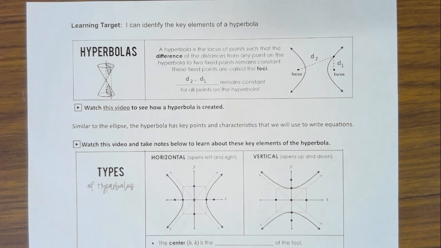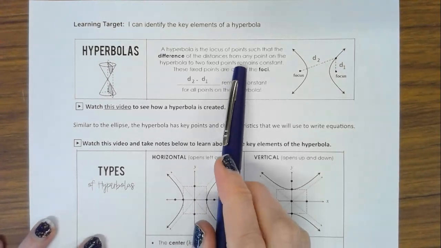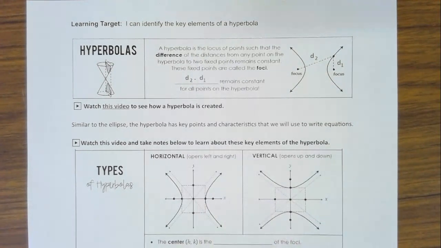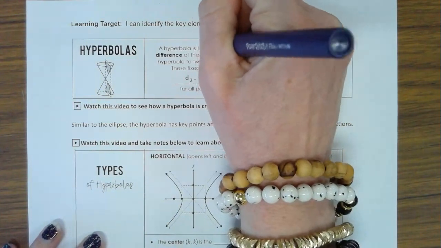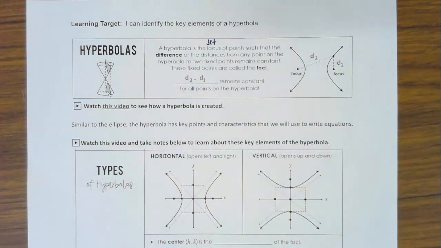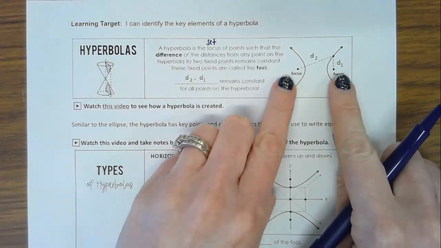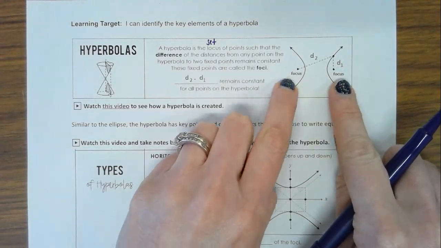In this video, we're going to look at identifying the key elements that make up our conic section known as the hyperbola. The definition states that it's the locus, or the set, of points such that the difference of the distance from any point on the hyperbola to two fixed points remains constant. Just like in our ellipse, those two fixed points are known as the focus points